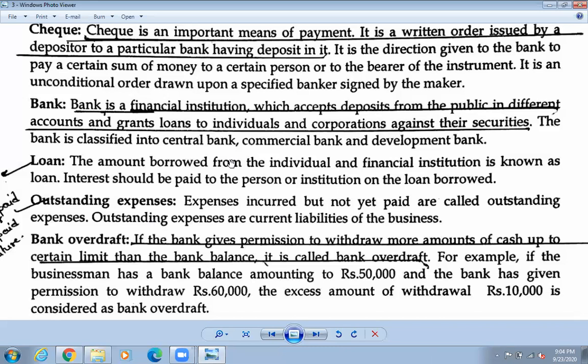Suppose you have deposited money, suppose a 1000 note on which you have written R plus S. When you are going to withdraw, are you getting the same money? Out of the 1000 rupees, will you get the note with R plus S written on it? No, you are not going to get that one. That means money is going to be circulated. The money you just kept has already gone to someone else. Okay, so they are getting circulated.